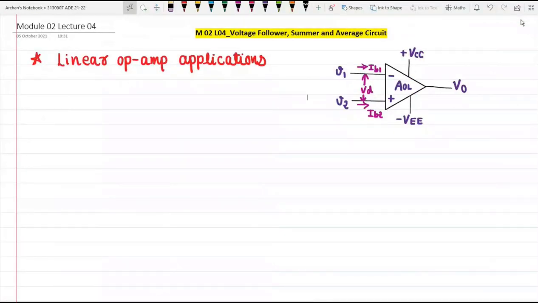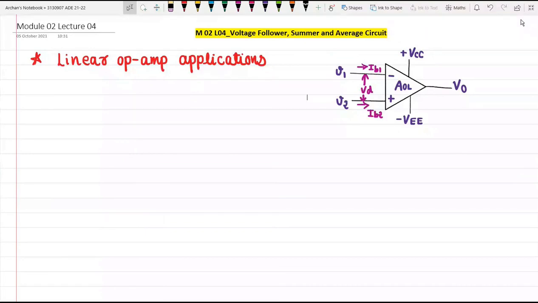Okay, so welcome to the course on analog and digital electronics. Up till now, we have gone through the internal structure and the electronics of the operational amplifier. We have mentioned that the operational amplifier is generally used in the closed loop configuration using feedback. We can form countless simple circuits using one or more operational amplifiers along with some external resistors and capacitors, right? And talking about the applications of operational amplifier, we can classify them as linear and non-linear types of